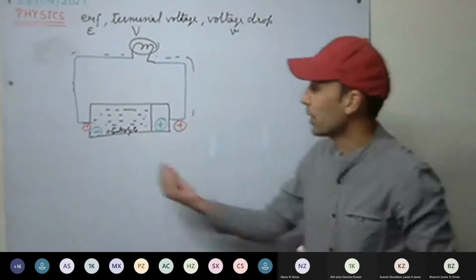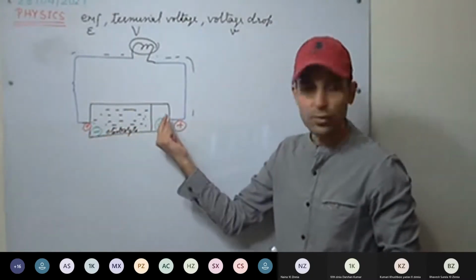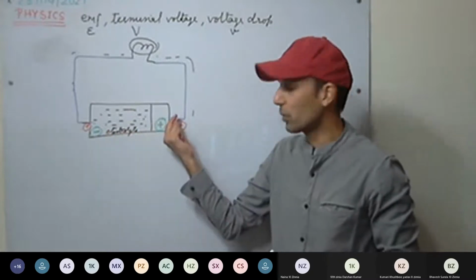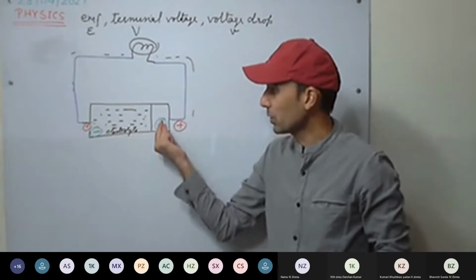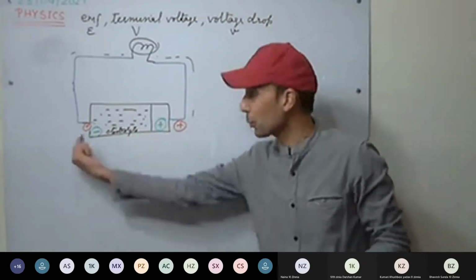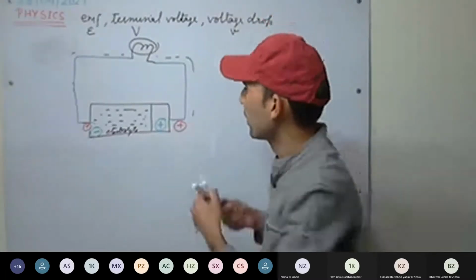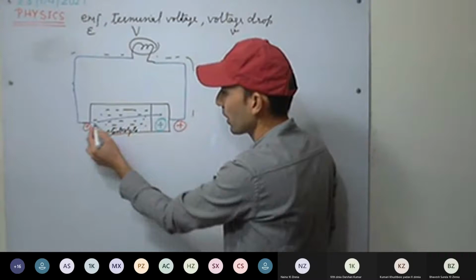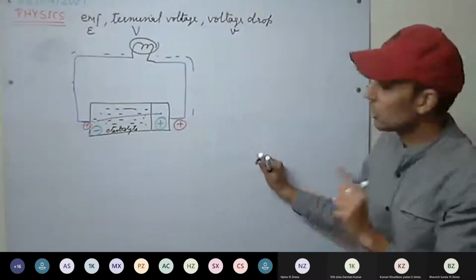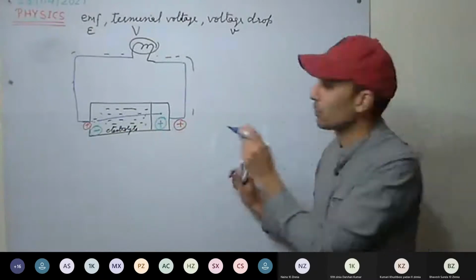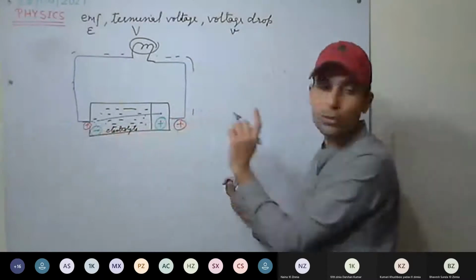Now see what will happen. How can we make this positive charge move here? Because inside the cell also we have to make this positive charge move. You can see it is attracted here and the positive repels here. So something we require to push this positive charge from here to here. We have to push it so that it can again move, so we require some energy to supply to it so that it can be pushed to move.